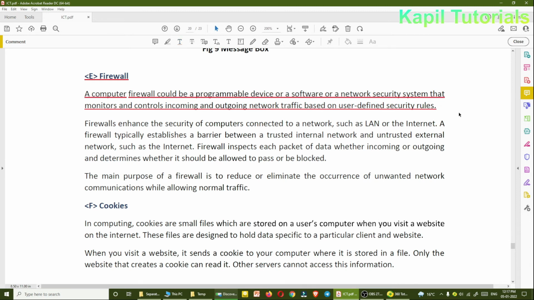Now see, if you are surfing the internet and requesting some information from the computer world, whenever any information goes from your computer, your IP address also goes, and when the information comes back to your computer, your IP address also comes back.